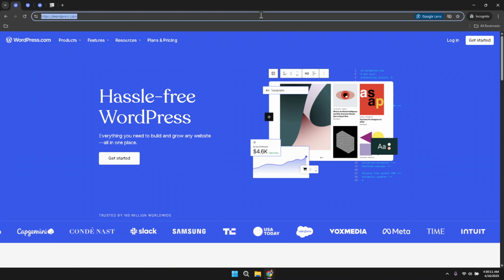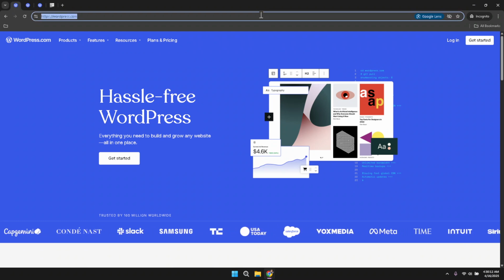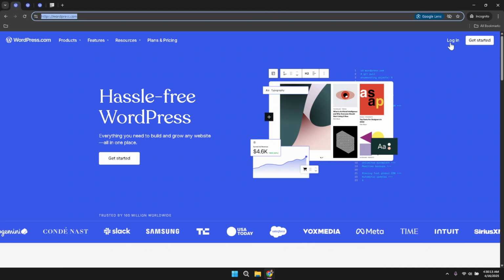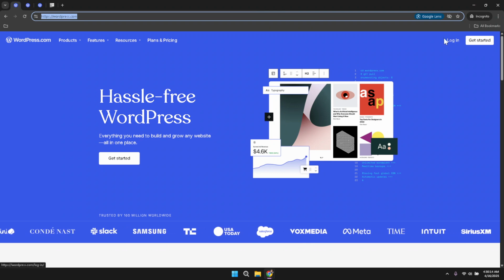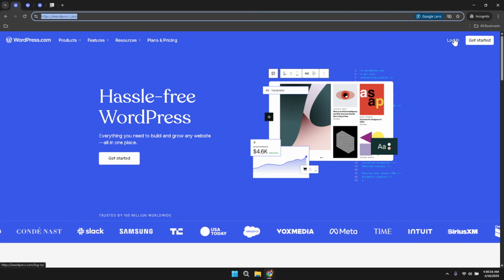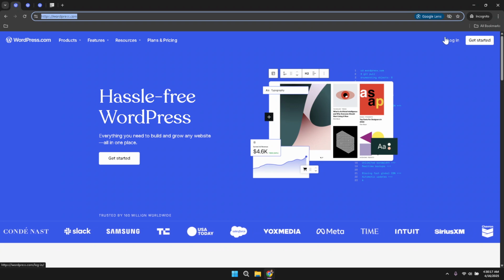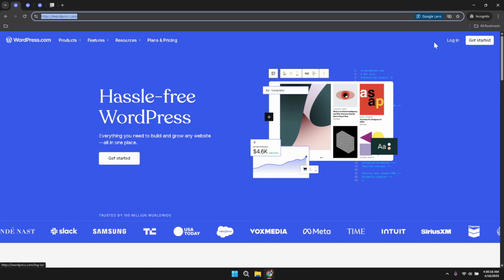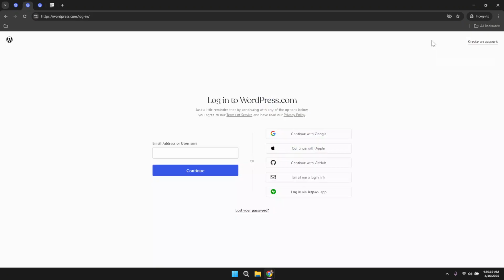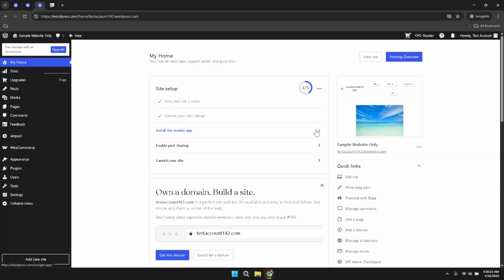Once you are on the home page, locate the login option, which appears at the top right corner of the screen. Clicking on this login button will bring you to the sign in page where you can gain access to your account. After initiating the login process, you will see an option labeled Continue with Google. Select this option by clicking on it, and then choose the appropriate Google account that you usually use for editing your website. This method of logging in offers a streamlined pathway to getting into your WordPress dashboard without the hassle